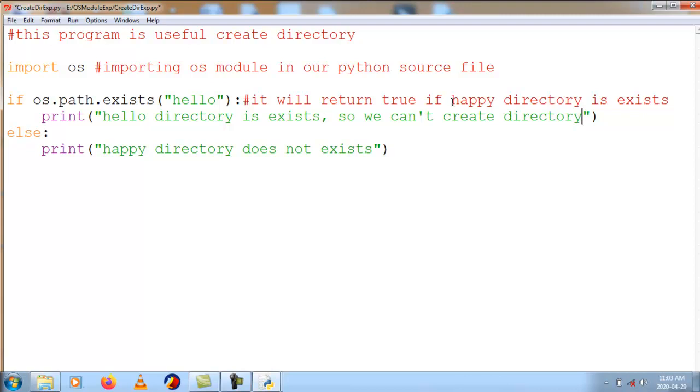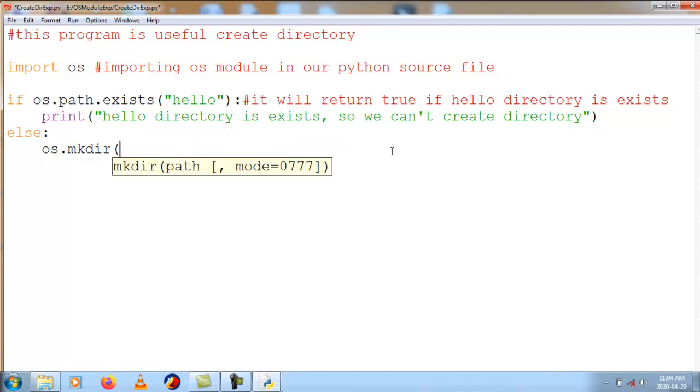Else, what will happen? I need to create a directory. Here my logic comes into place. To create a directory, we need to use a function called mkdir. So I say os.mkdir of directory name hello.